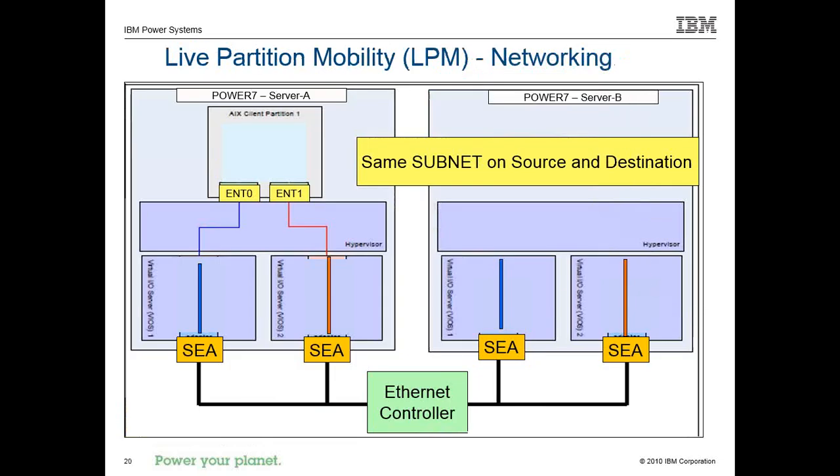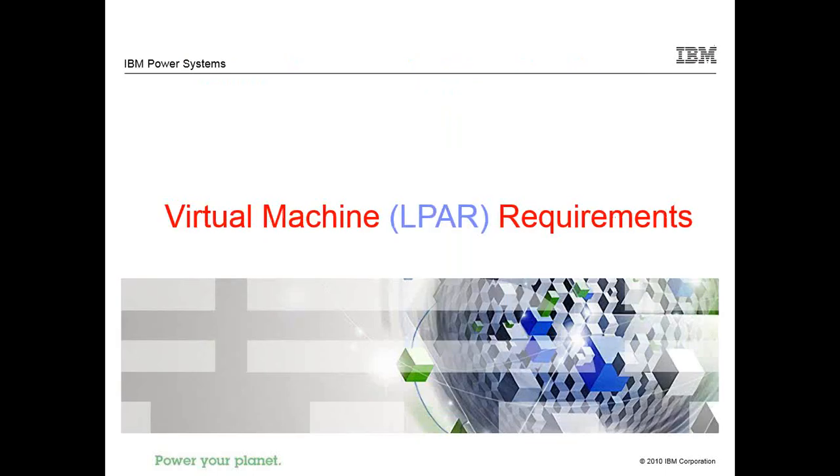Once again, we talked about the network before. Your source server has to have the SCAs, and your VLSs have to be on the same network as your SCAs, so that your traffic works. If you're using VLANs, your VLANs will work, and if you're in different subnets, you can just use subnets without VLANs. So there are no restrictions on your SCA settings. We work as long as you have the same view from both source and destination servers and your SCA, you'll be good to move between them.